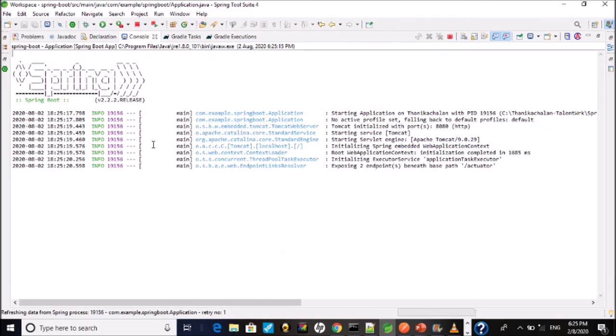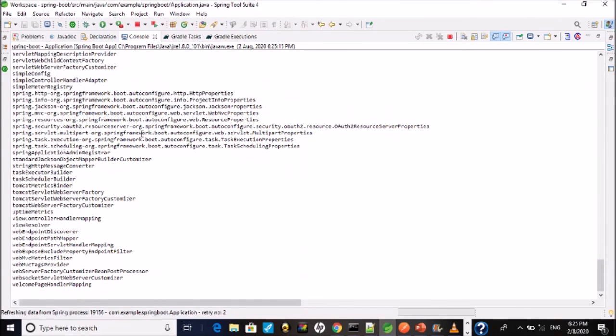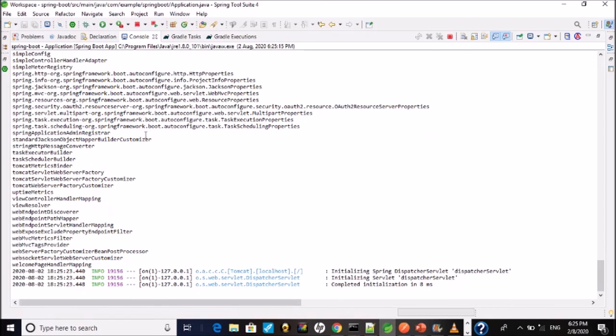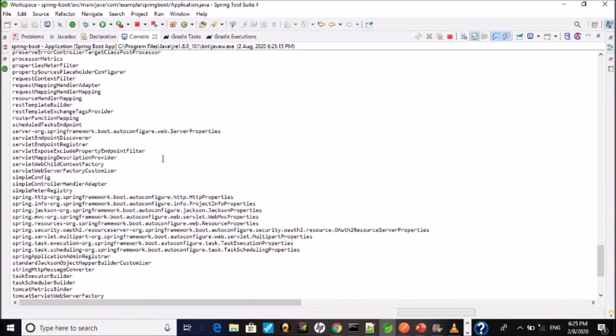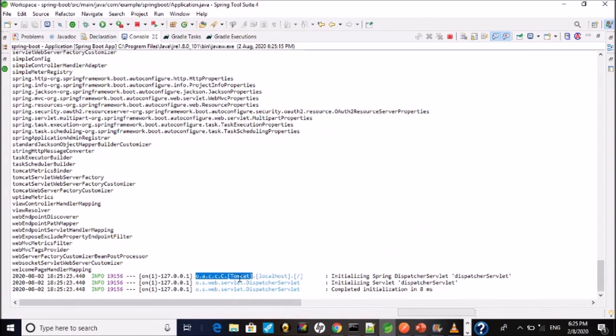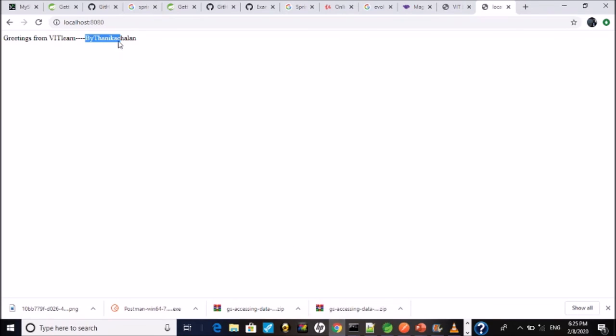So I am starting our application. It's loading all the required dependencies, and as I told you, a Spring Boot application has a default application server or web server built into it. We don't need any infrastructure like a web server to install. Just by running a single class, you have this Tomcat application server or web server available for you. The default port it will be listening on is 8080. So I am loading localhost 8080.